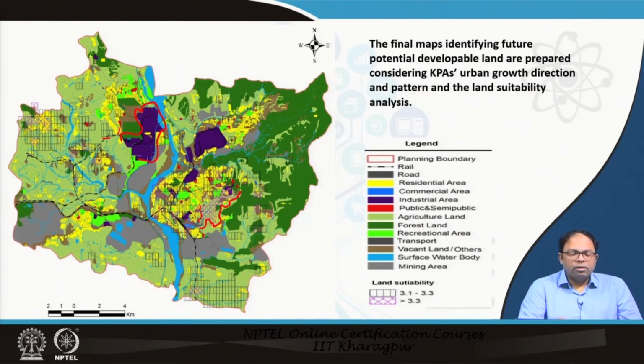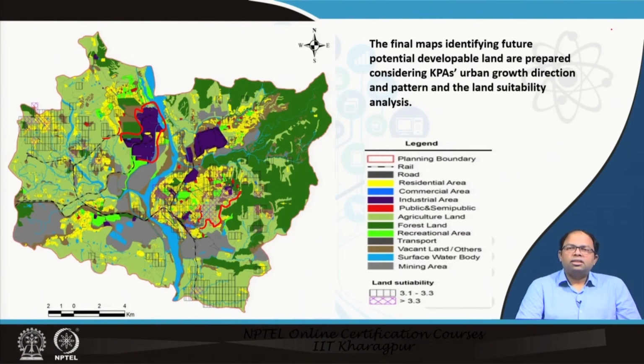So we proposed our land use in those particular areas, meaning new developable lands. So this is the final map identifying future potential developable land, considering urban growth direction and pattern,